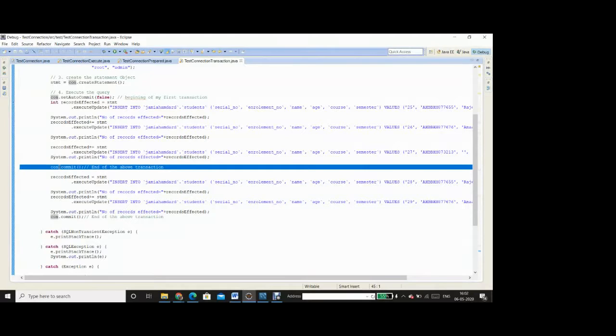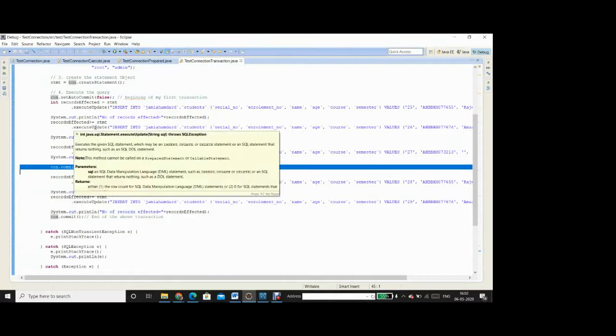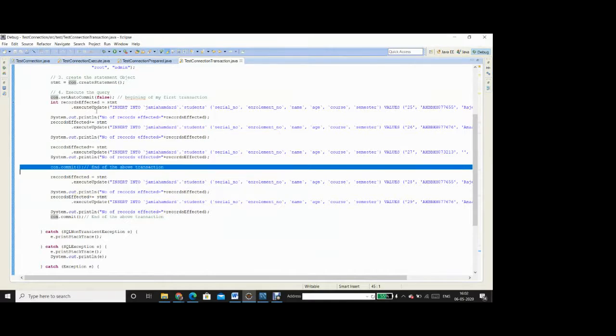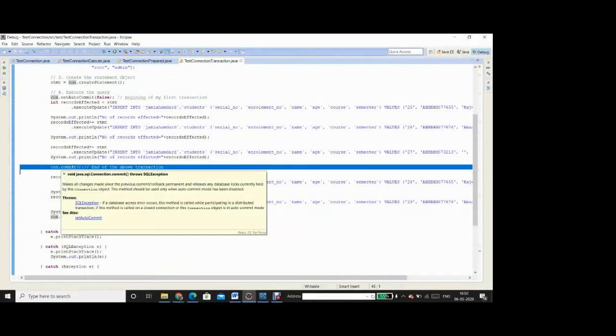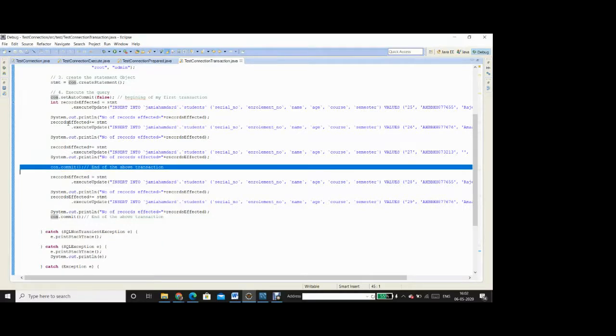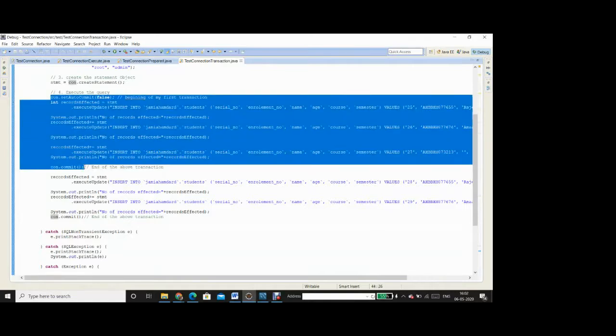Okay, so when this happens, even if there are a number of SQL statements in sequence, they will line up for their effect to show to the database, and their effect will not be persisted to the database unless this con.commit instruction is sent from my end. So that means all the instructions, for example from here to here, there are three instructions. So all these three instructions are in one transaction. They are in one transaction.